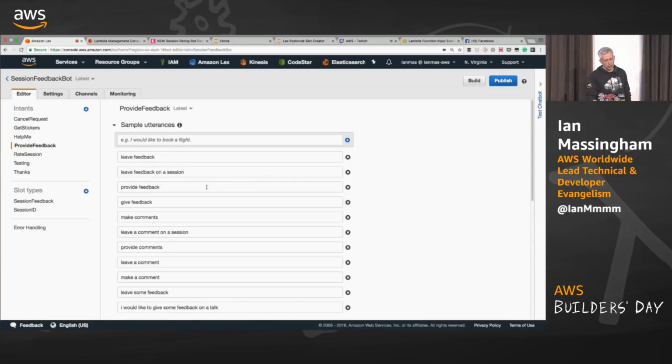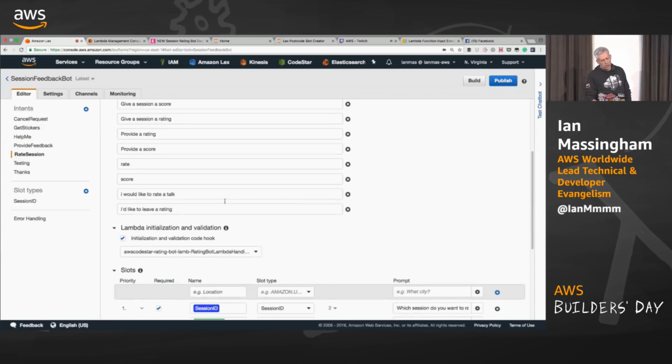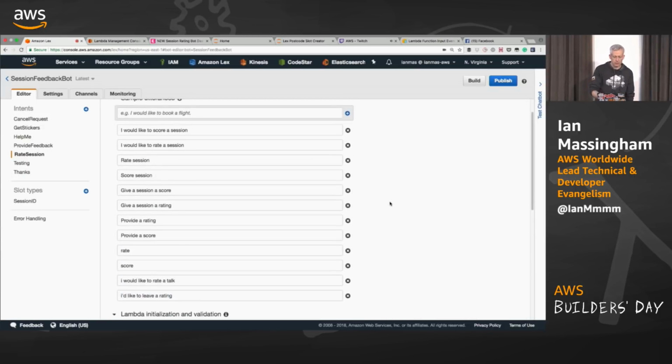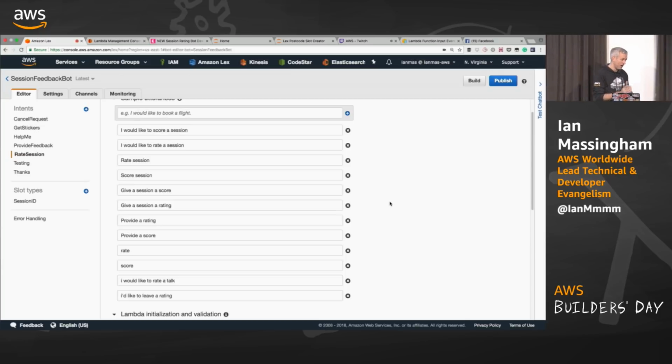And you'll notice if you look at the providing feedback intent, I'd like to leave a rating is now added to the bottom of that. But I only started with a couple of these, and I started with the idea of scoring. I've observed that most people didn't say score, they said rate. So I was getting a lot of missed utterances because I want to score a session and I want to rate a session, well, you probably wouldn't in the first instance as an algorithm think those were the same thing.